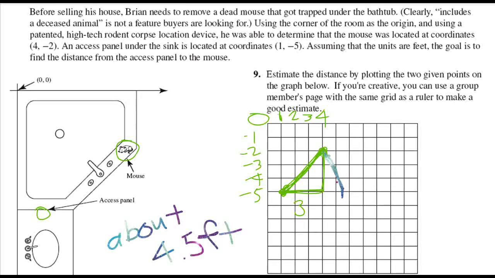Okay, if I look at the graph, I have 3 feet for one of my legs. When you have a coordinate system, you're always going to have a right angle. It's one of the nice things about the coordinate graphs that we use. And I'll notice I have 3 feet here also. And in this case, you could actually do that by doing